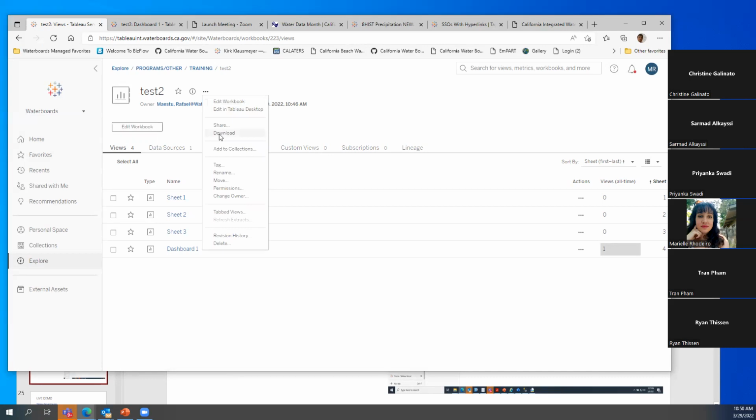If you have Tableau Desktop, then you can edit it on Tableau Desktop yourself. But if you just have the Explorer license, then you click here, Edit Workbook, and it should show that you can actually edit it. Okay, thank you.